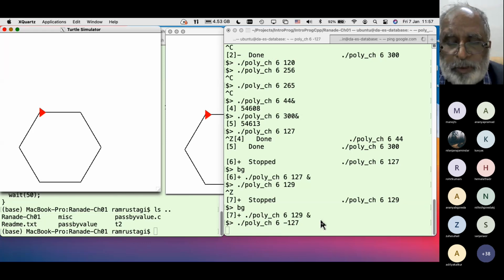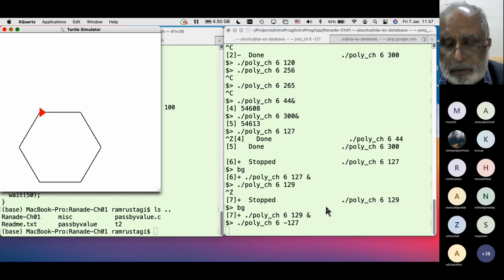Whether I draw with a value minus 127 or 129, I roughly get the same track. The program is the same.